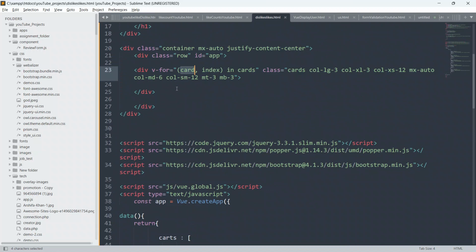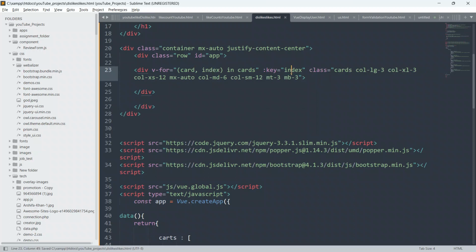So now we have to write our HTML also. Here we put a colon and give key equal to double quotes, and give index.